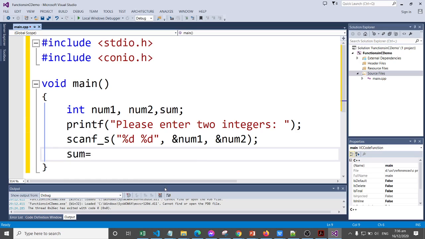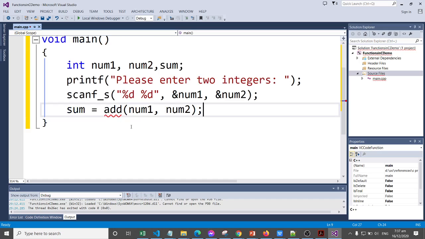Sum is equal to, we're going to use the add function and pass the values of num1, num2 respectively. All right, so it has a red flag under the add function call since we haven't yet defined this add function.